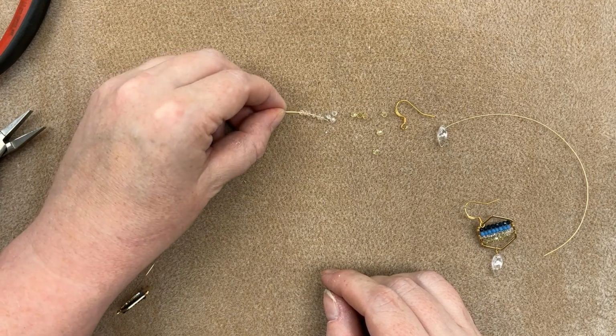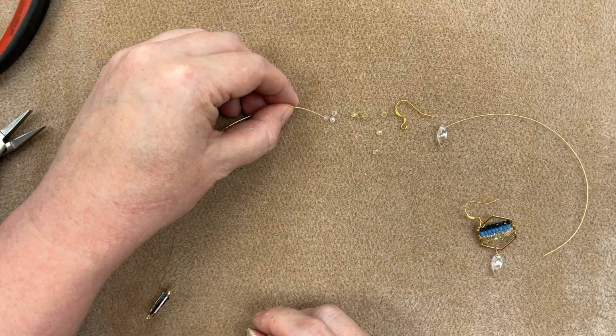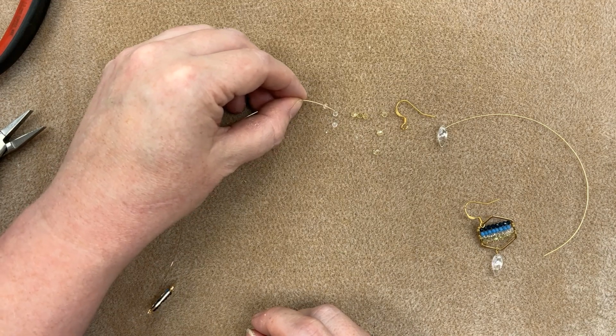So we've done this up as an earring, but you could certainly use this as a component piece in a necklace if you were doing a necklace and you wanted to have something that